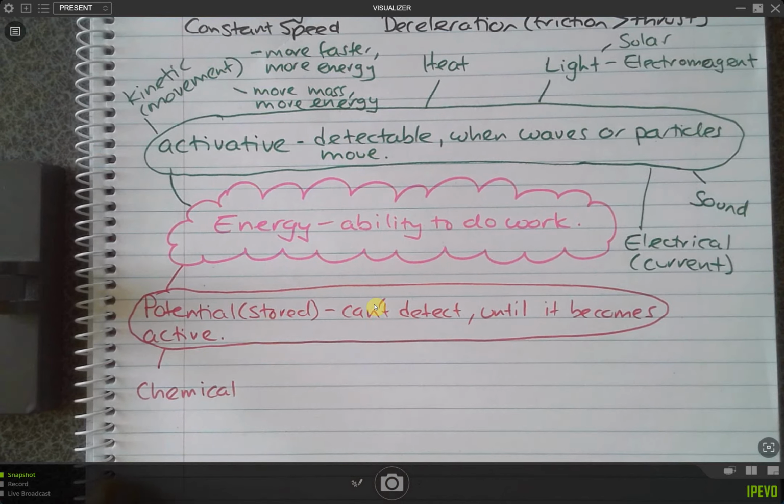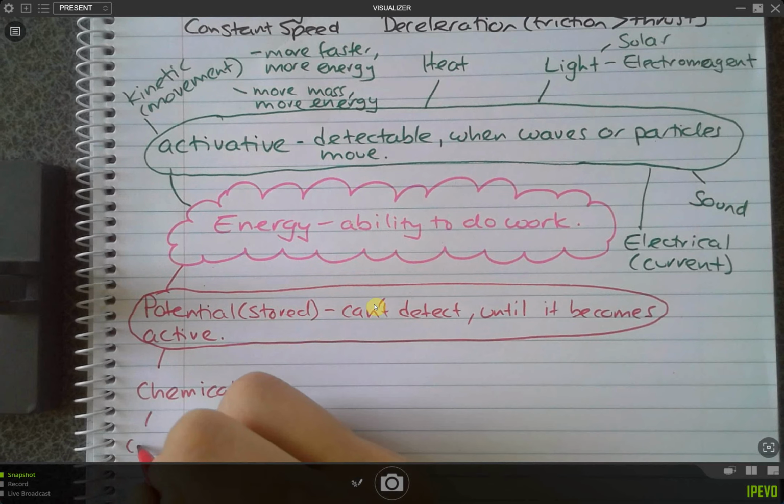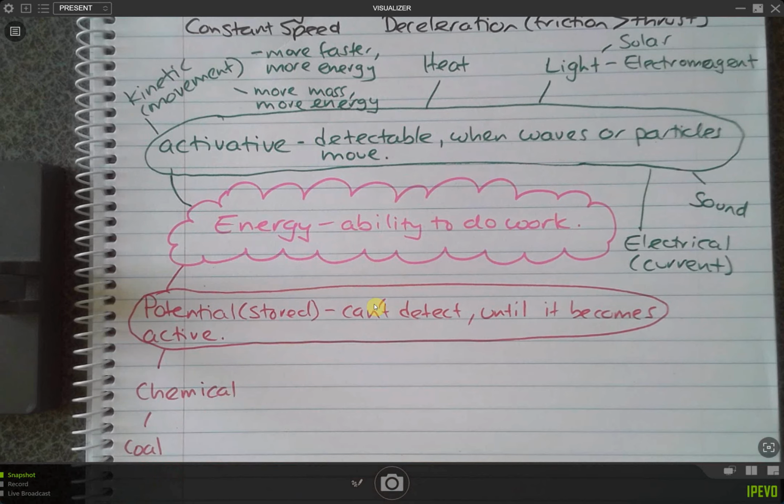So some examples would be coal, fire, you guys mentioned that one, we'll talk about fire later, and battery. Battery is another type of energy. You are right, that's my electrical again, but you can also call it a chemical. What other chemicals do you think we get energy from? We also have nuclear energy. Yeah, nuclear is another one on the list. I'll put that on here. We get that from powder.